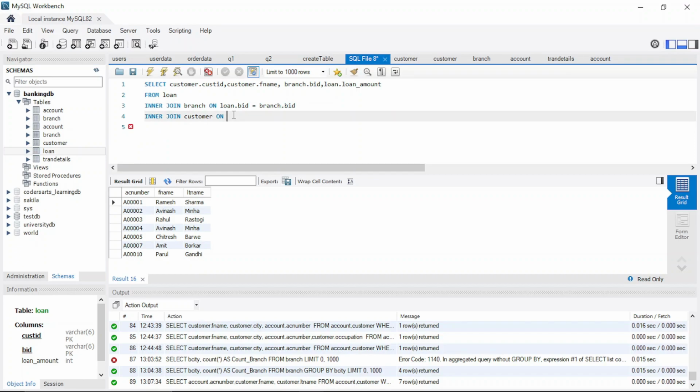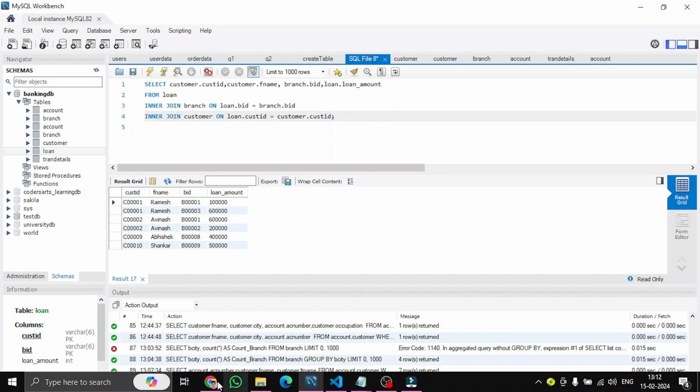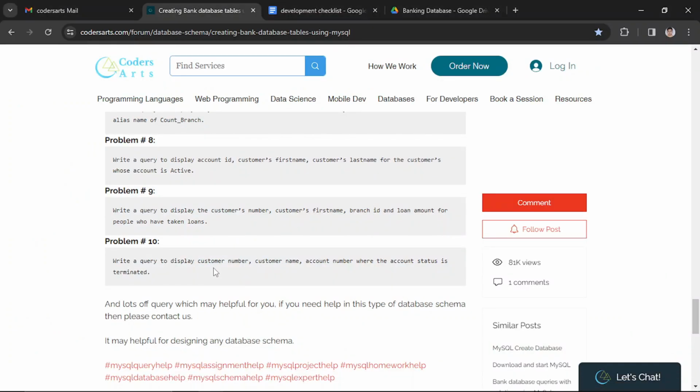Now let's join the CID, loan dot customer ID, equals customer dot cust id. Now if I do that, yeah, it's giving me the right amount, like the people who have taken loans. So it is showing me that from these two tables, which is branch and customer, and then we are joining it with the loan table, because loan is having both the customer id and the bid that we are doing. Now let's go for the next or the last query, which is basically